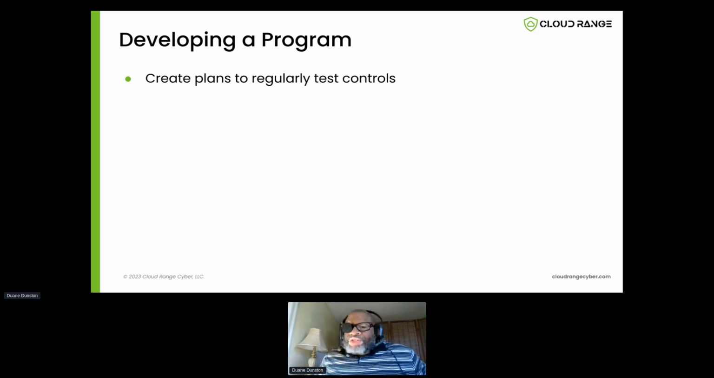So you do want to create a plan to test regularly. It does not have to be a full-scale emulation exercise because it takes a long time to plan those. It can be those micro plans where, okay, this week I'm going to clear the logs and see if anyone